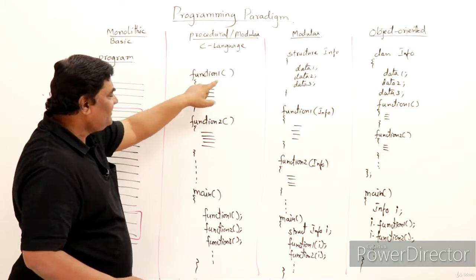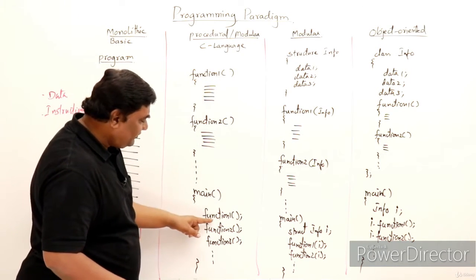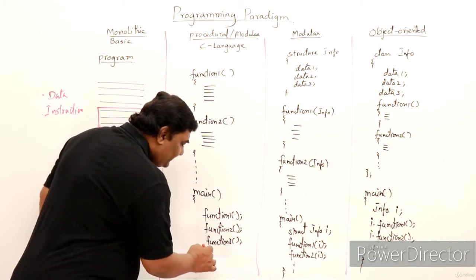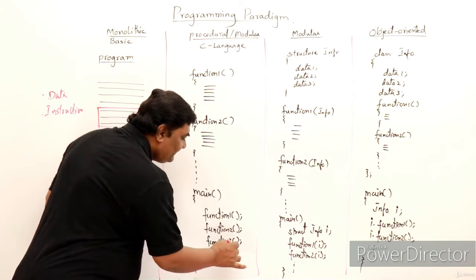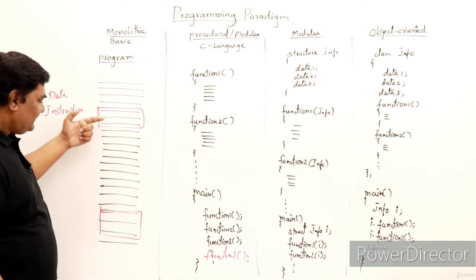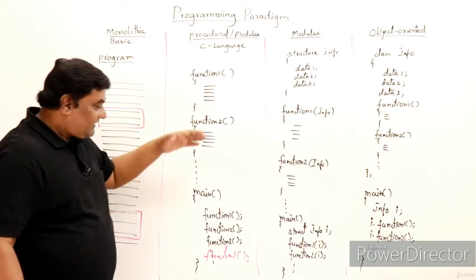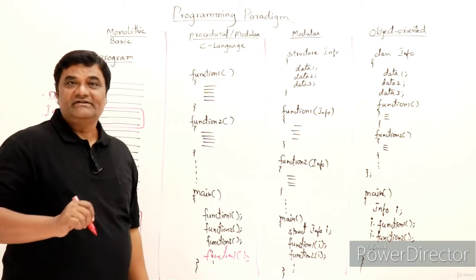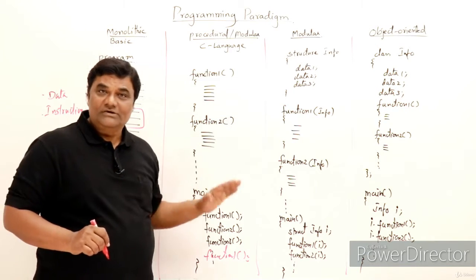Why can't I write them at one place and use it multiple times? Like function 1, I will call it function 1, and if I want it more than one time, I will call function 1 once again, and once again. This is writing a piece of code once and reusing it. So the first thing is reusing. We can reuse the code here.